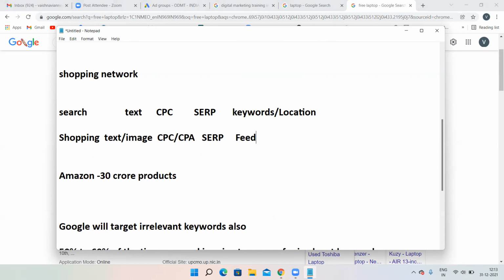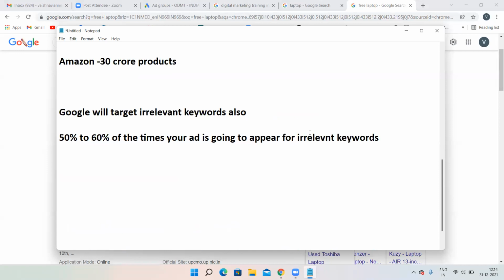Then Google will target based on the particular feed. With the help of this feed, Google will target the keywords. So always remember, you have to create a feed, that means you have to set up a feed. And how will you target? With the help of location. So here in shopping network, the targeting happens with the help of feed and location.